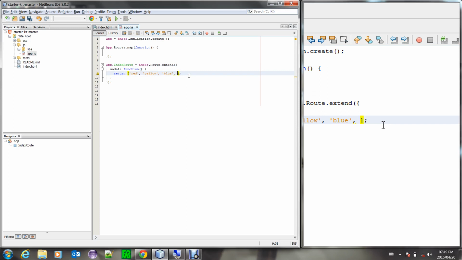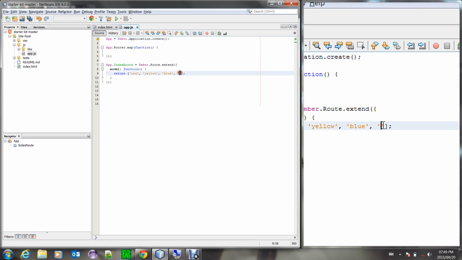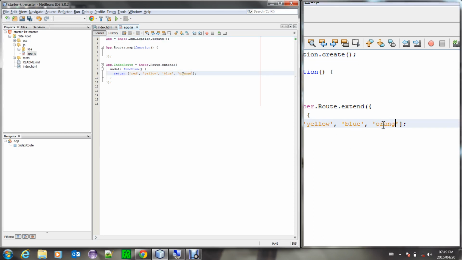Say for instance we add orange, we add pink, and say green